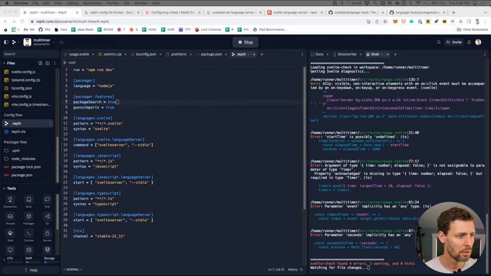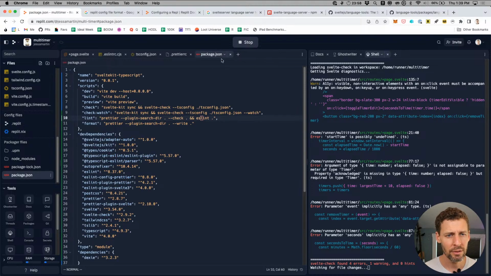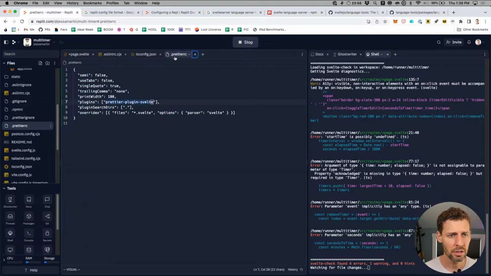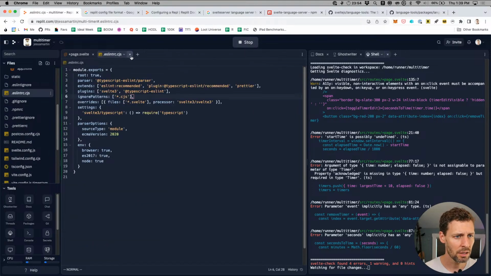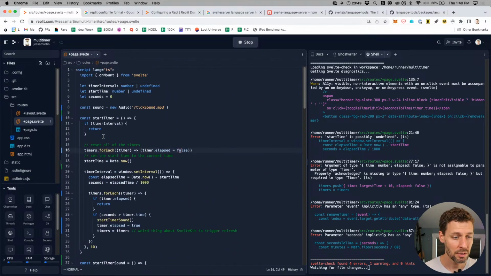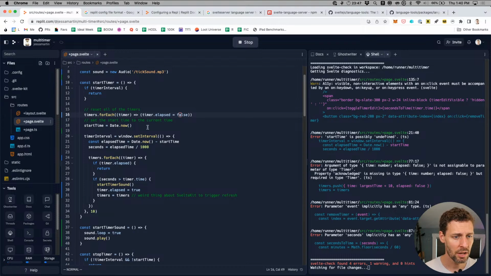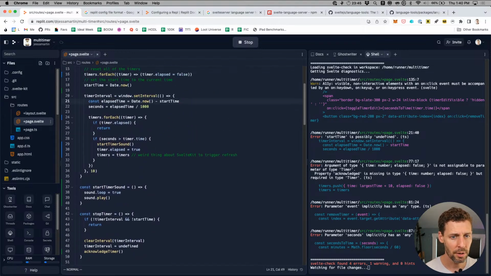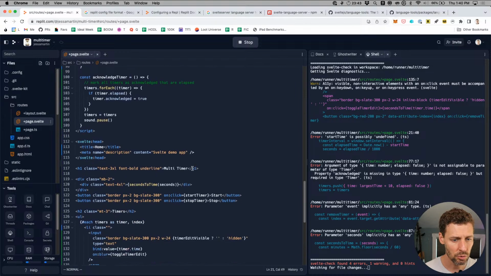Okay. So let's close out the .replit file. That's where we were, in the package rc, prettier rc, tsconfig, eslint, and then we're back at our main app here. We did make a fairly big change just now when we did the format, but hopefully things will be a little bit easier to read.